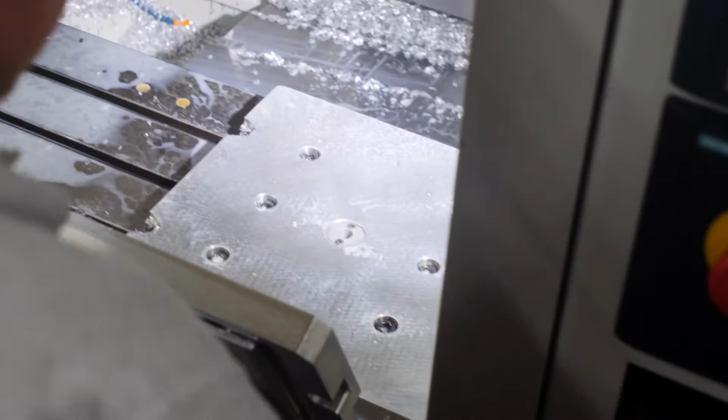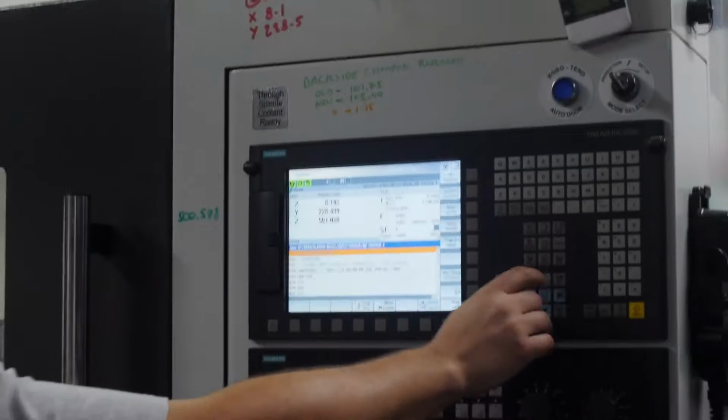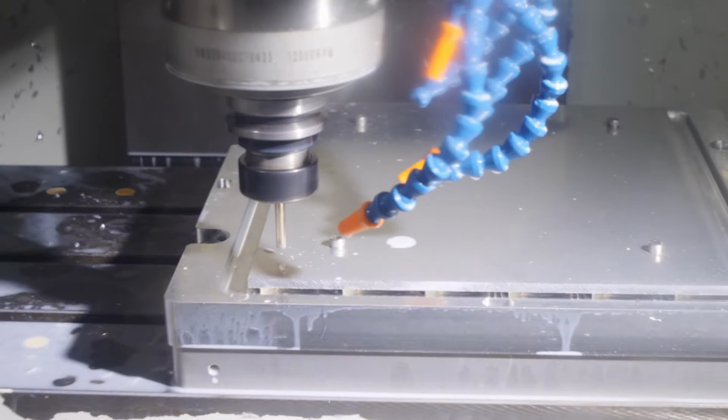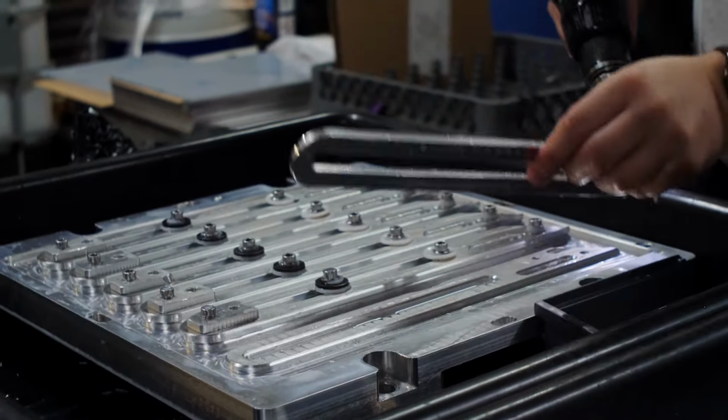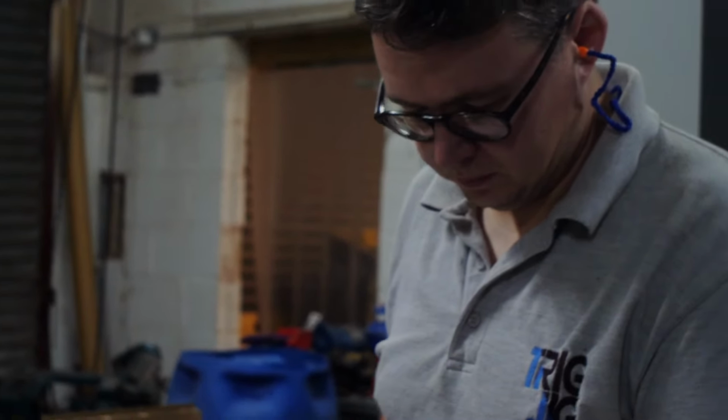We have 5 individual parts to mill on the vertical machining centres, so we try to keep the spindles turning and keep the downtime to an absolute minimum. Things were going great for a while, but then...